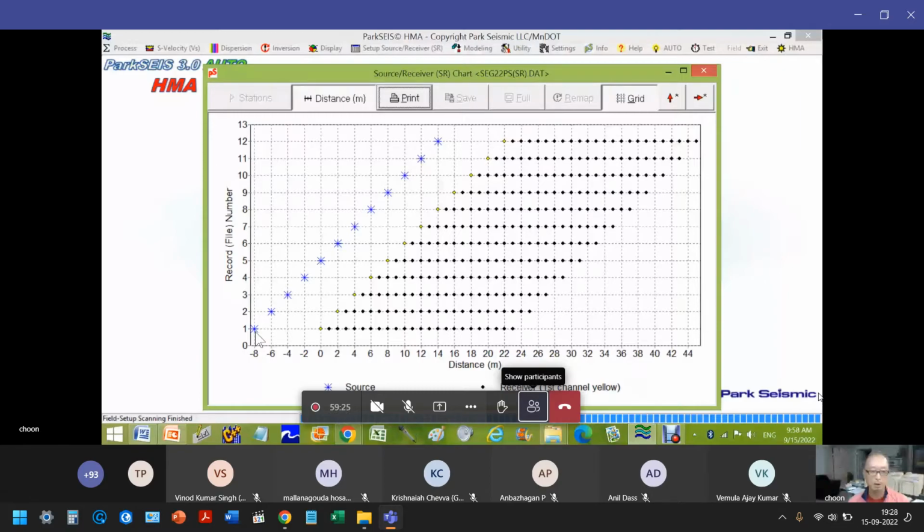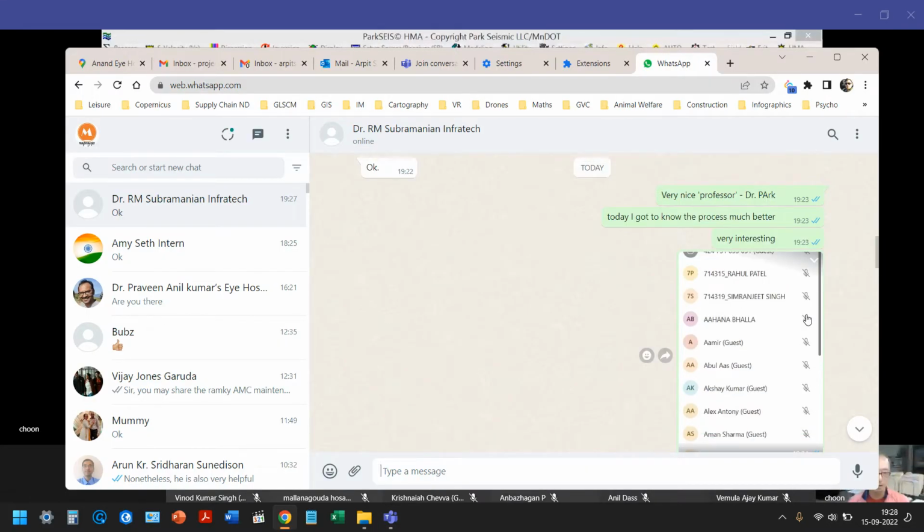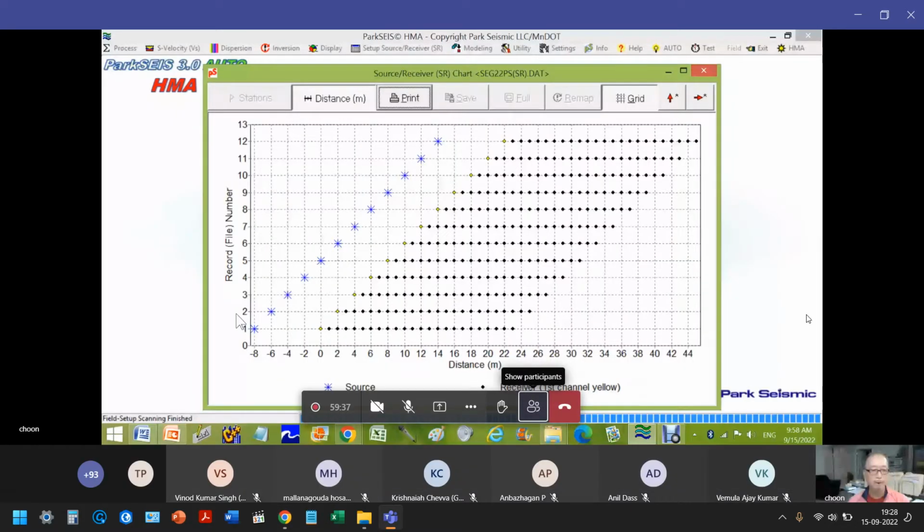So original 1.dat is now designated as record number 1, and the original 2.dat is designated as record number 2, and so on. And this chart shows the correct field geometry that I